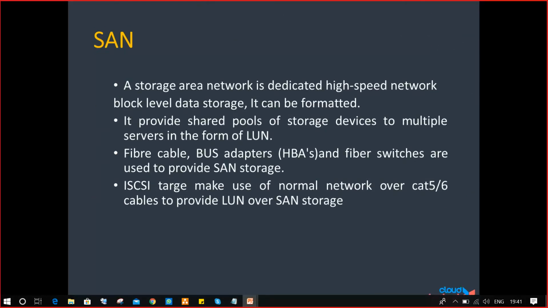Let's move to the SAN. SAN means storage area network. Do you have any experience with SAN? Any idea how the SAN works? No idea? Have you heard the names EMC, Hitachi, Veritas?